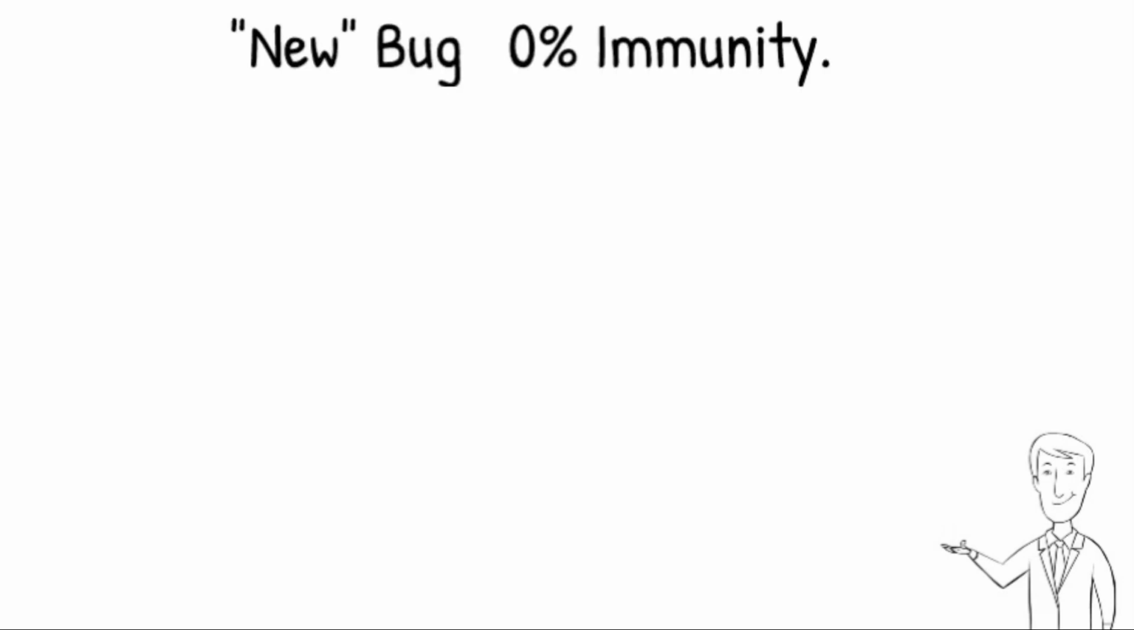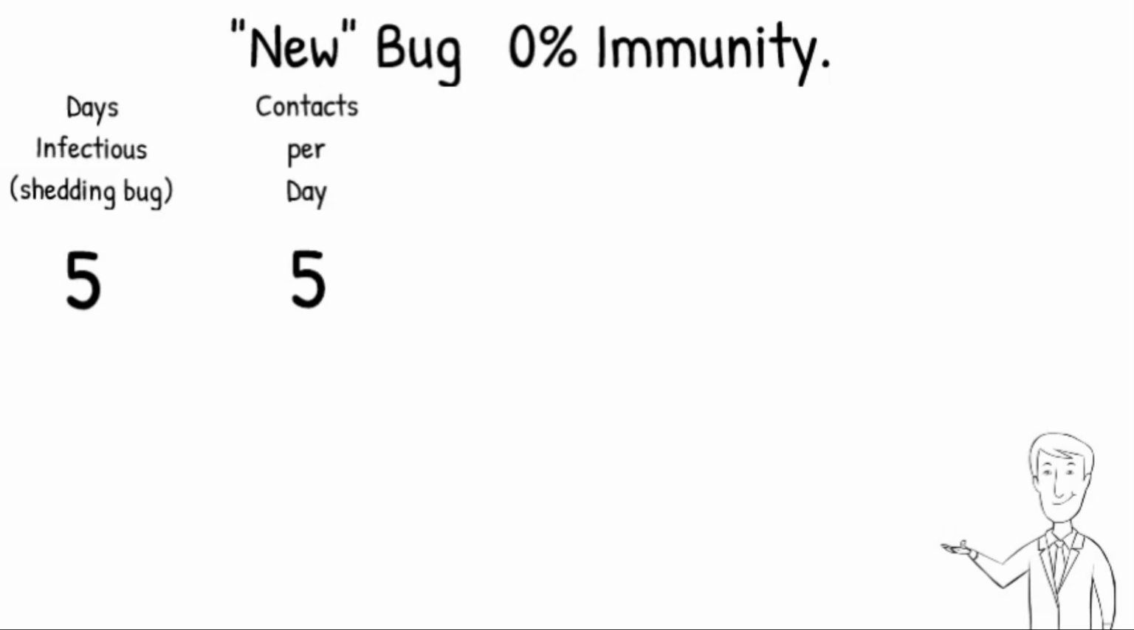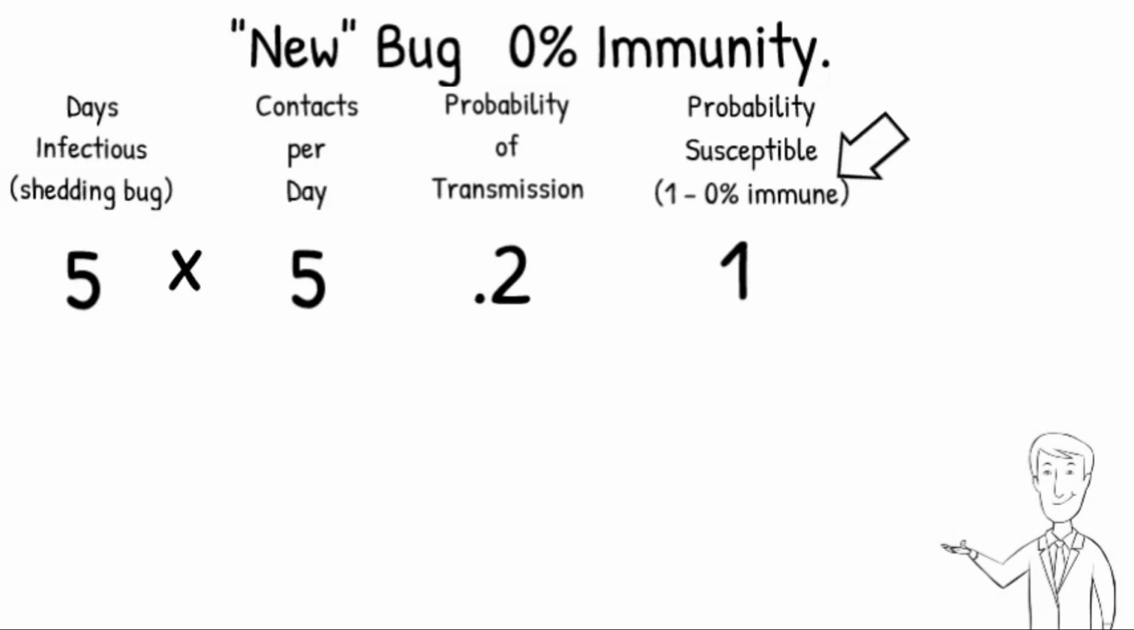So in the previous example, we had a cold where 60% of the population were already immune to that. What happens if you introduce a brand new virus or bug where nobody has immunity to it? Let's keep everything else the same, where for this new bug, you're infectious or shedding for 5 days, and you make 5 contacts per day you're shedding, and we'll keep the probability of transmission the same at 20%. But now nobody's immune, so 100% are susceptible. That multiplies through to an R of 5 rather than 2. And that, in turn, because of exponential growth, 10 generations out creates